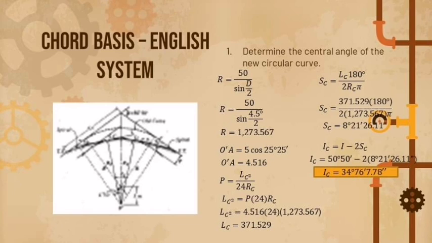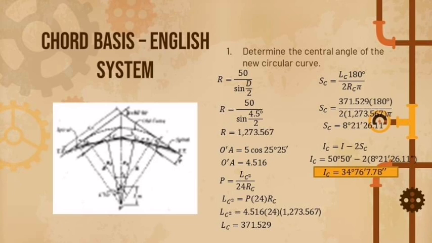1,273.567. And for the OA is equals to 5 cos 25 degree 95 minutes. So this will remain the same answer, which is the 4.516. So going to the LC, again our LC formula is LC squared is equals to P 24RC. So LC squared is equals to 4.516, which is the P by 24, and RC, which is the 1273.567. So after computing it, you will get the answer of